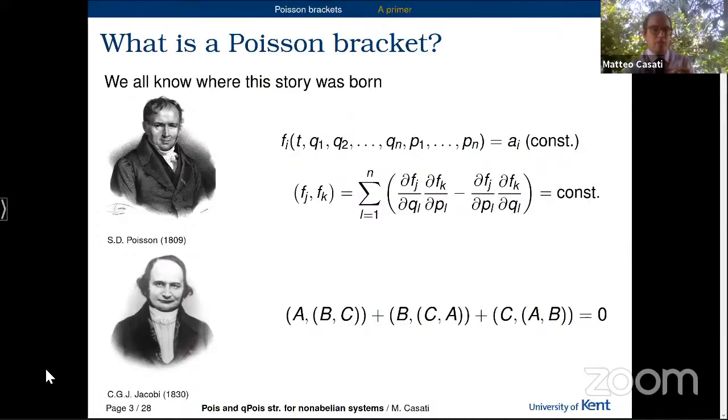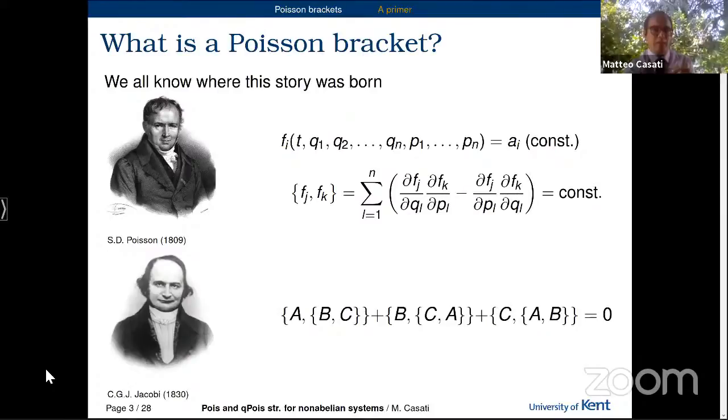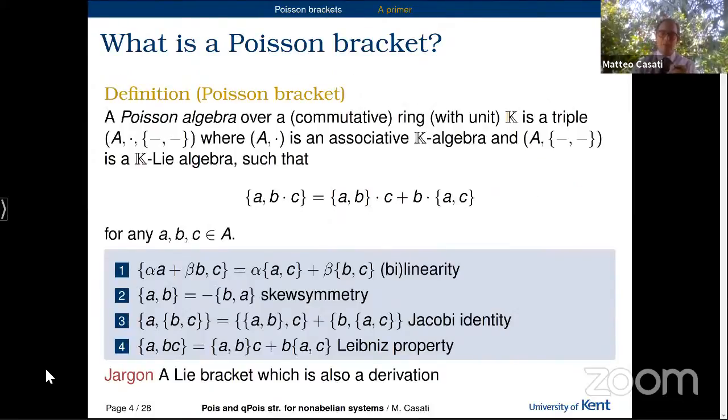On this slide, you can see how the original Poisson brackets were born. There is the formula by Poisson and the Jacobi identity by Jacobi, even if in this form it is not really by Jacobi, but by a Russian mathematician whose name, unfortunately, I have completely forgotten. He was a student who attended Jacobi's lectures and provided the Jacobi identity in a readable form. But that's what we know, and that's what we are all taught in a basic differential geometry or Poisson geometry course. So what is a Poisson bracket?